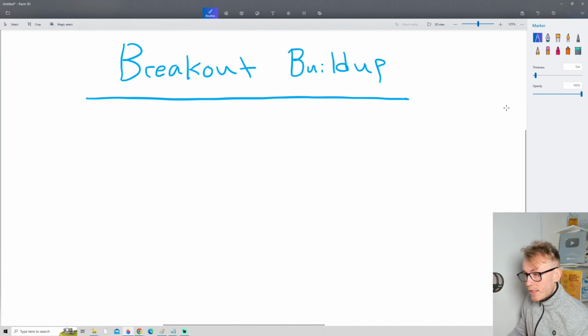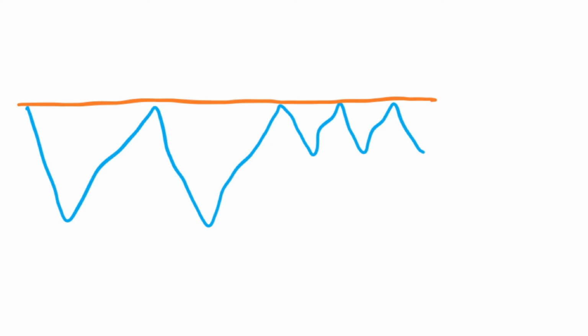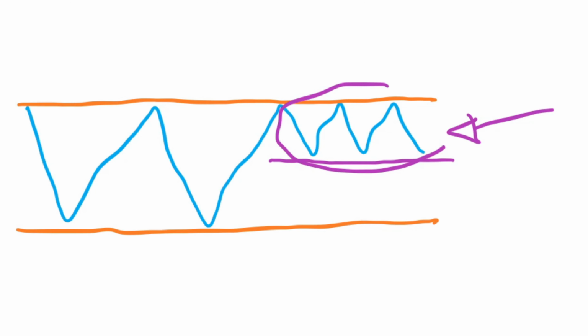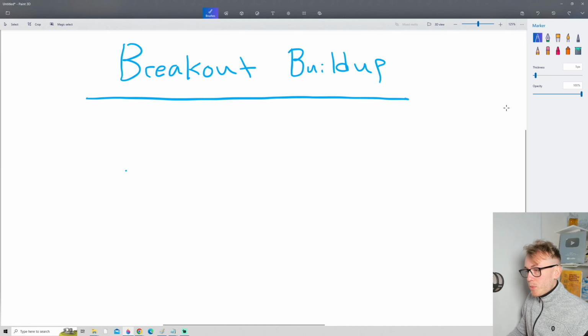First of all, let's say that once again we have a sort of trading range right here. But then we see that the price starts to get a bit more narrow, either near the resistance or near the support. So let's say that we have a structure that looks something like this. We have a trading range, but near the resistance, we start to see a more narrow range. So you can see that we have a sort of range right here that is getting tighter near either the support or resistance. This right here is an example of a breakout buildup,